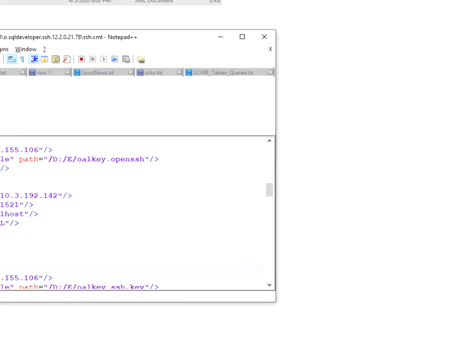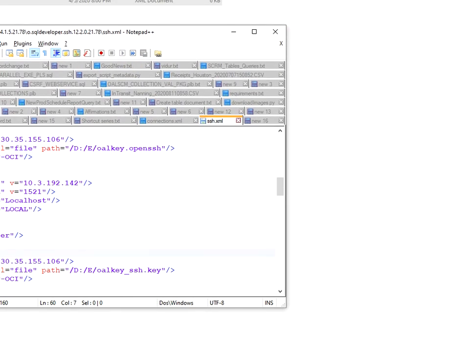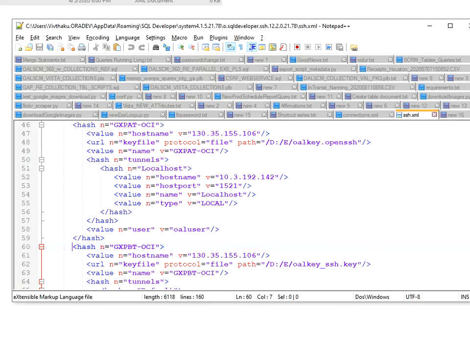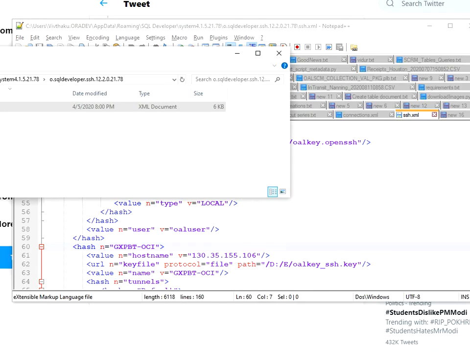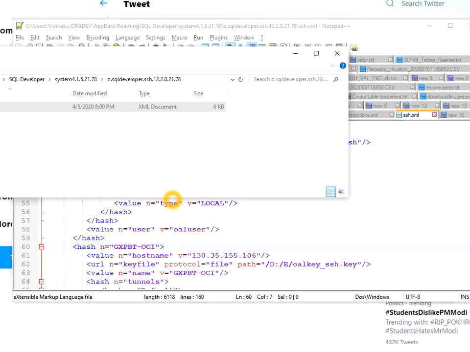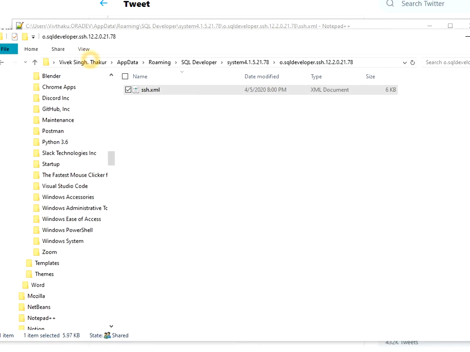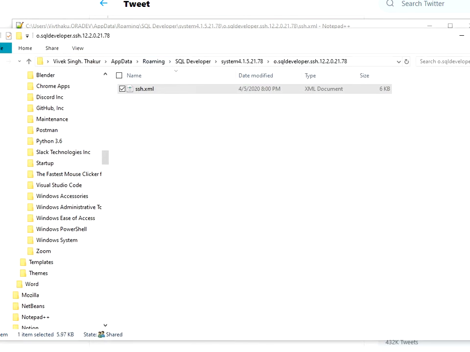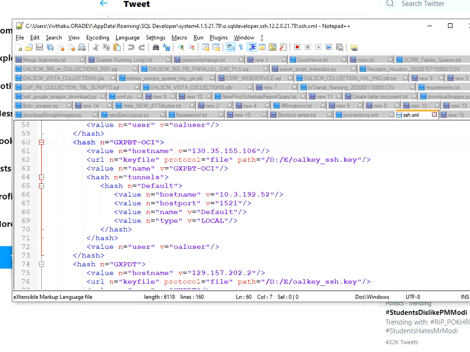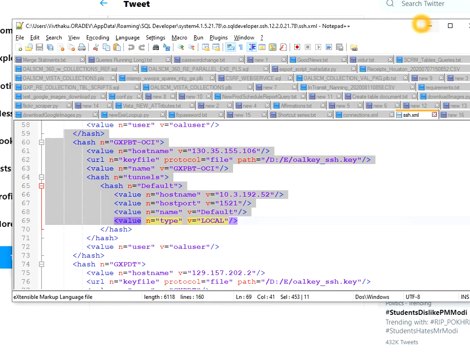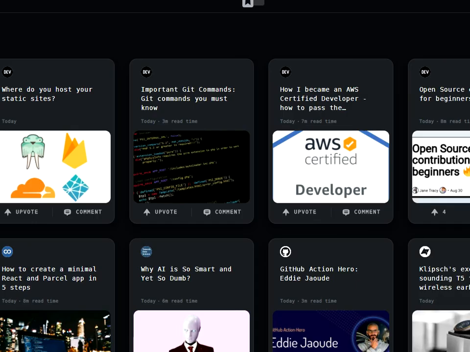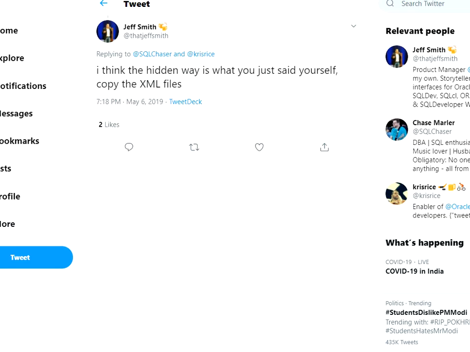Let me show you more compactly. I think, yeah, now you will be able to see, right? Let me compact this also. So this is the location where you'll be putting that particular SSH file. When you are setting up a new laptop from your old laptop, just copy this file to that same location. If you are not setting up a new one, you can just do the hash value and do it. Right? I don't want to show you everything. So yeah, this is very simple for you guys, and I hope you like the video. It's a very short and sweet video.